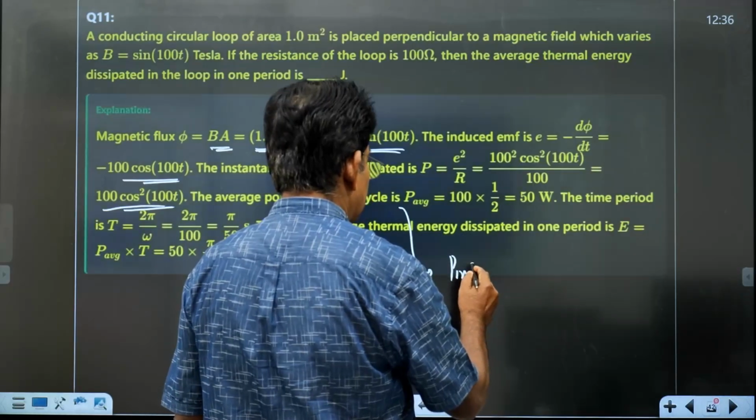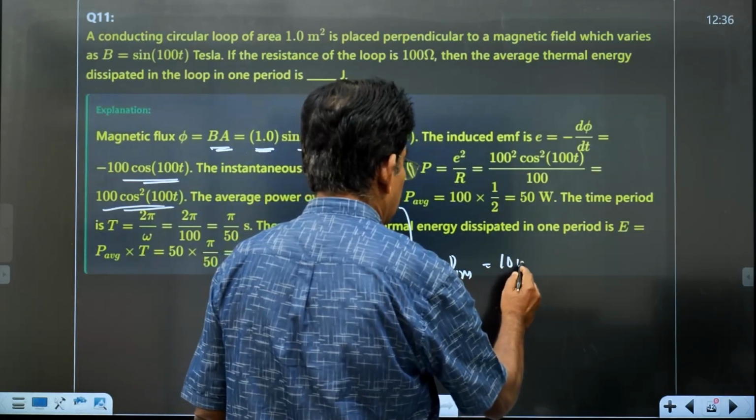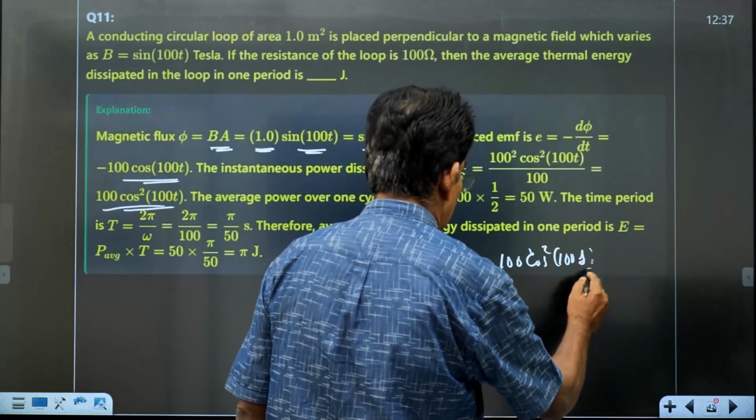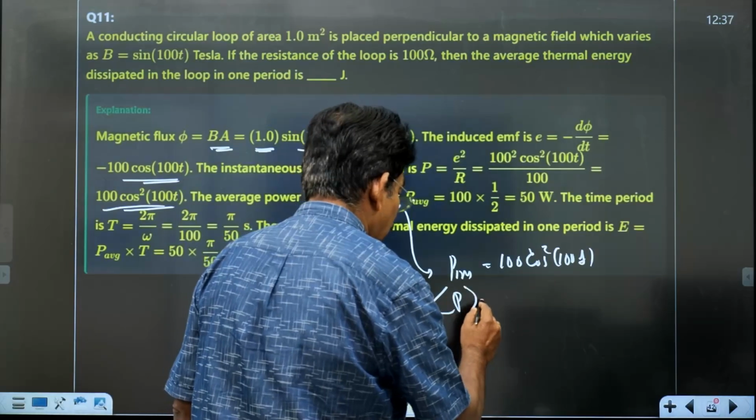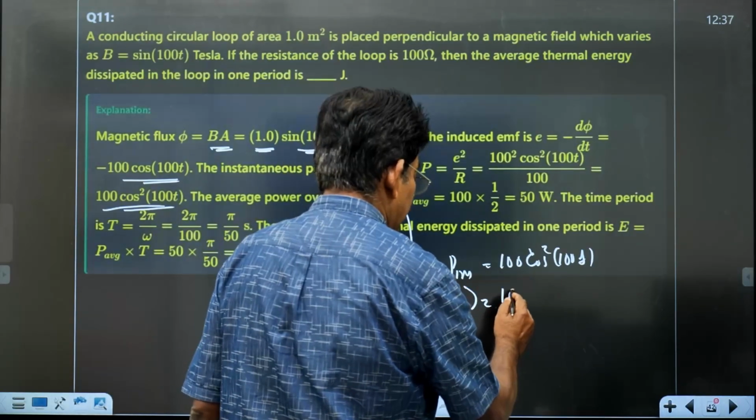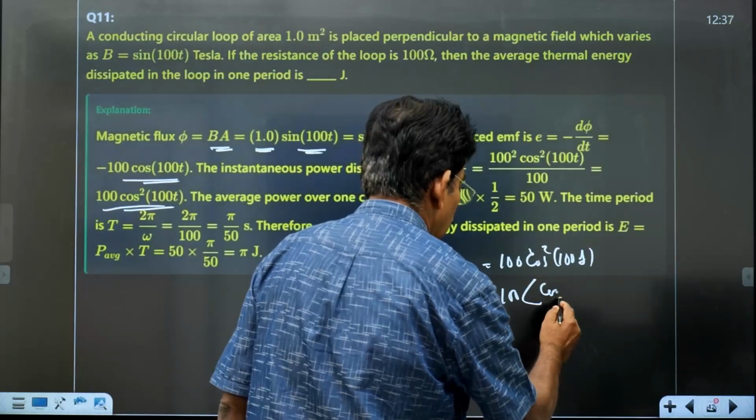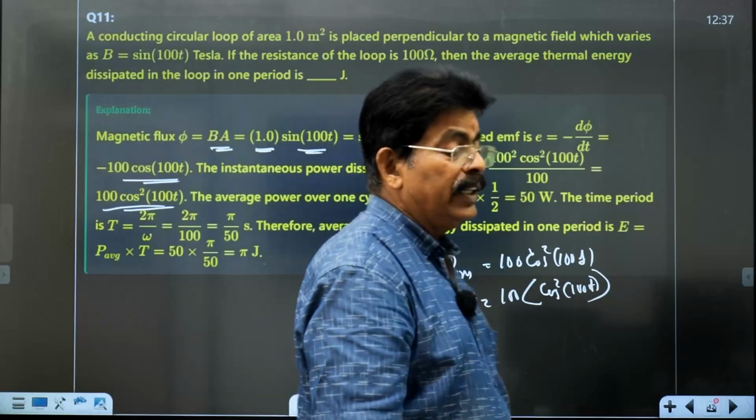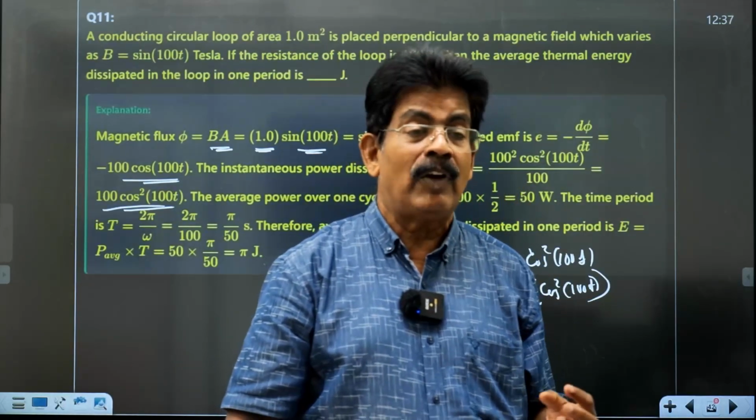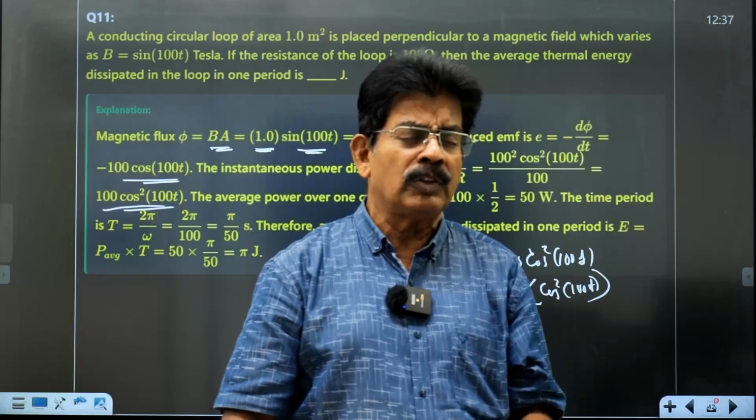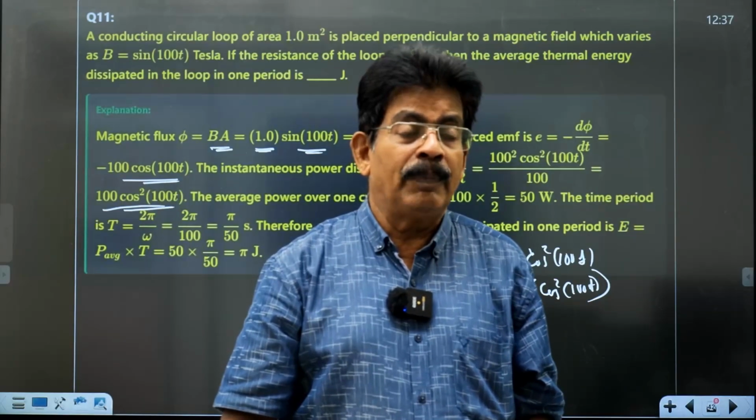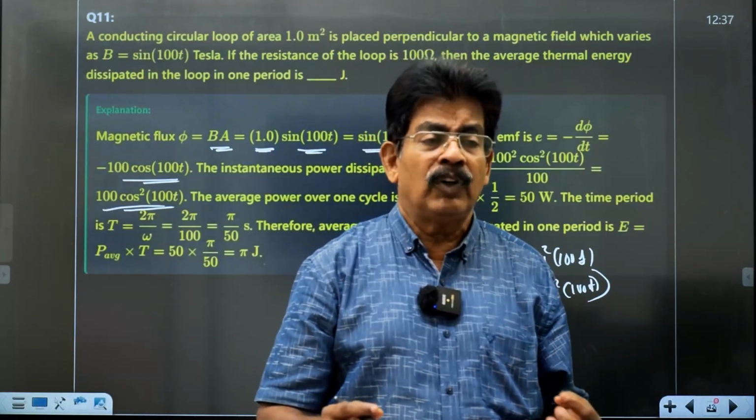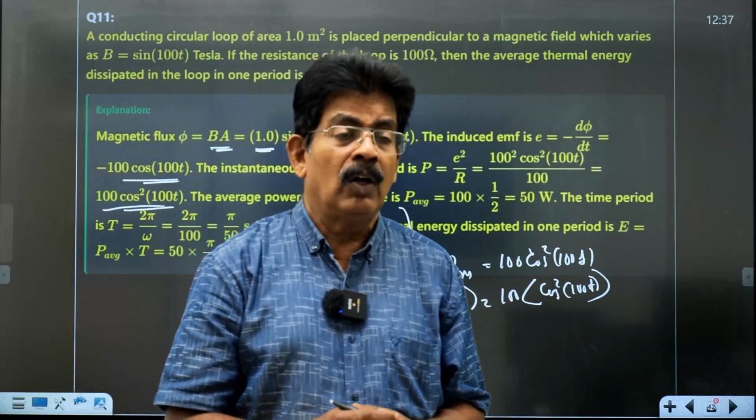Instantaneous power is given by 100 cos square 100 t. For average power, 100 is a constant, I will take it out. Average of cos square 100 t. In the alternating current chapter, NCERT has introduced this idea of average power. If it is a sine function or cos function, averaging over one period will become 0. But for the cos square term, basically it is integration only, but for an easy way of calculation, the average power over